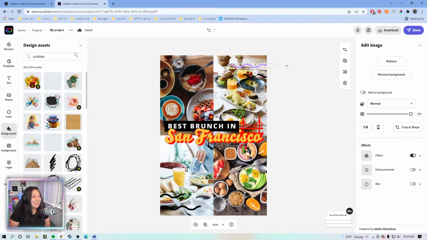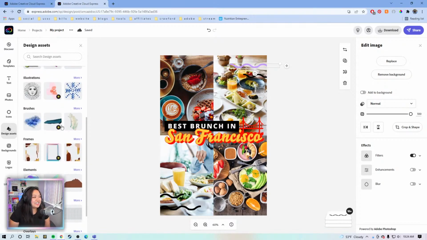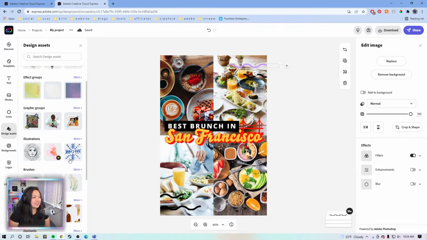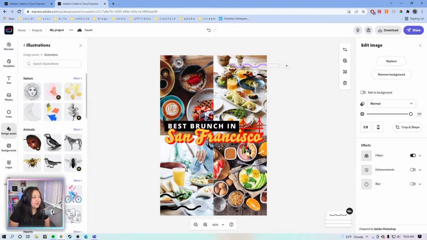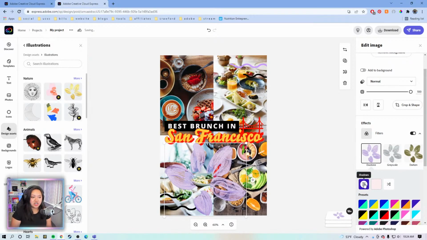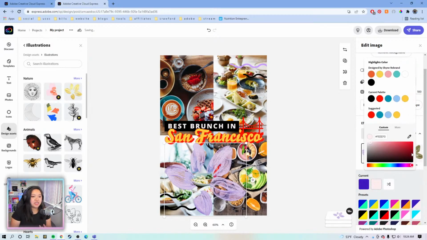So going back to the design assets, let's pick something a bit more complex, something that has a bit more color. Let's say I want to change this whole thing. It has a little bit of a gradient here. If I wanted to change the color, I would simply add the filter, because it has the highlight set to light pink and the shadow set to dark purple. If you just make them the same color,